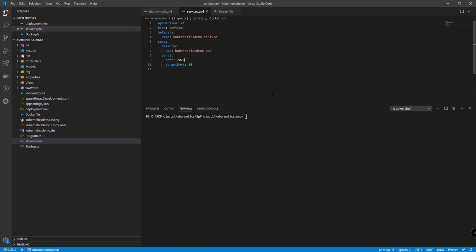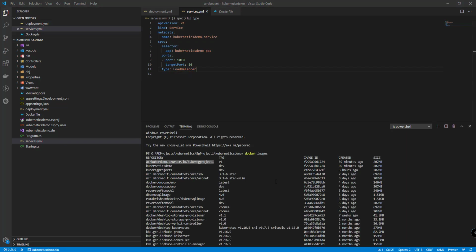Save our application. So now our service is almost done. Before that we need to set a type for our service, type load balancer.